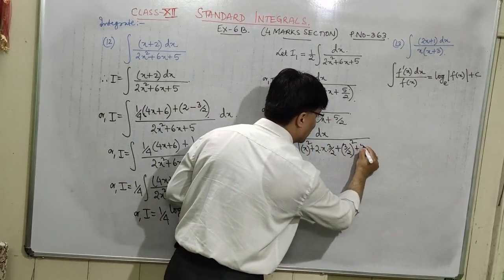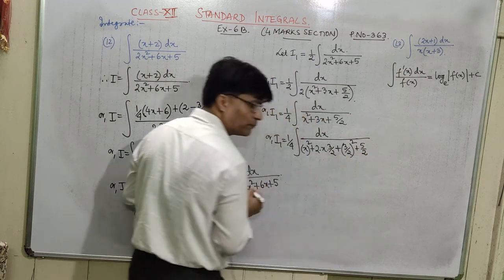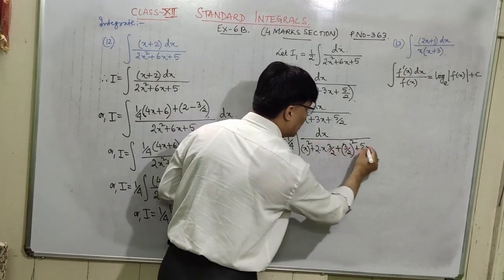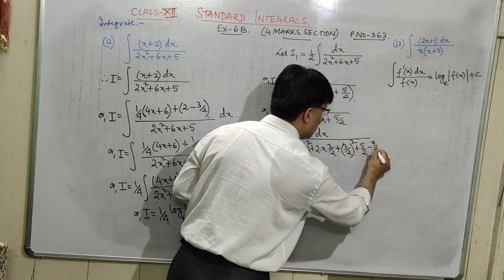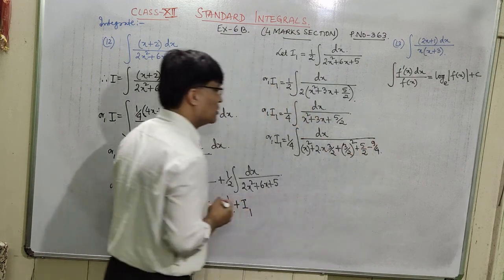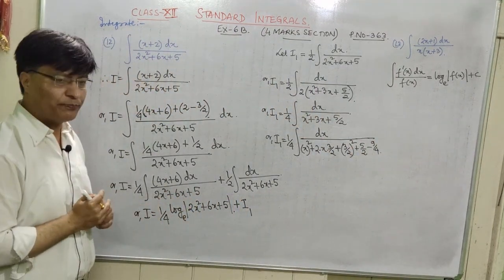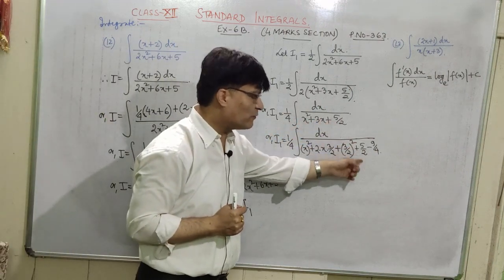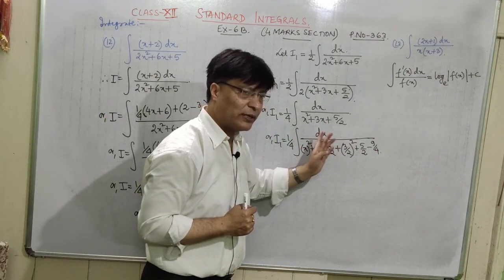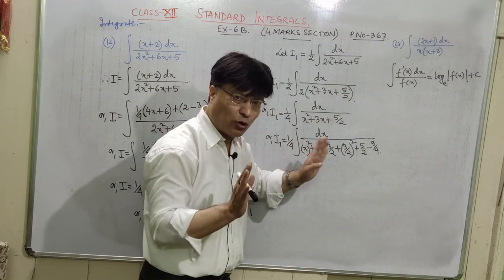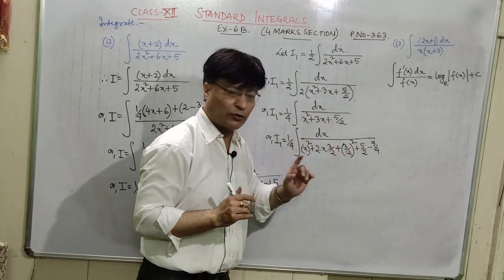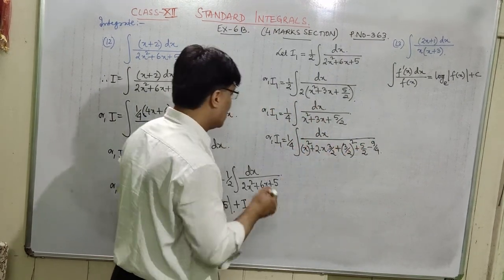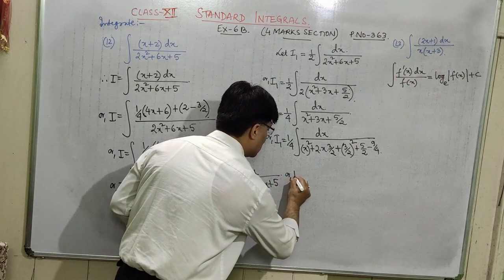So first of all you write 5/2, because 5/2 is here. Then 9/4 is not here, so write minus 9/4. You have to subtract it. So I1 is equal to